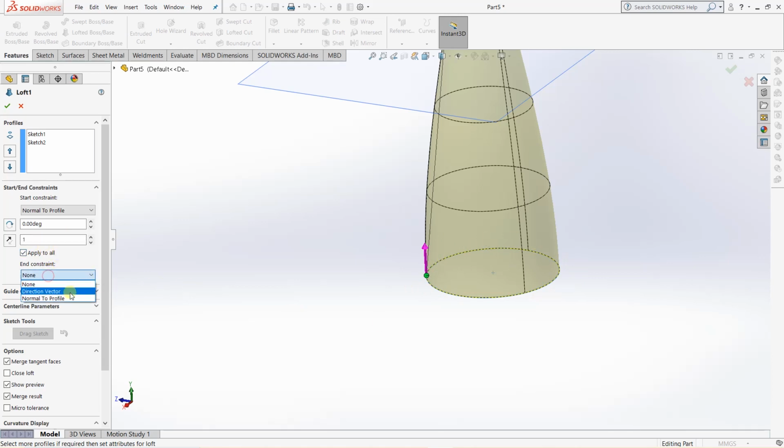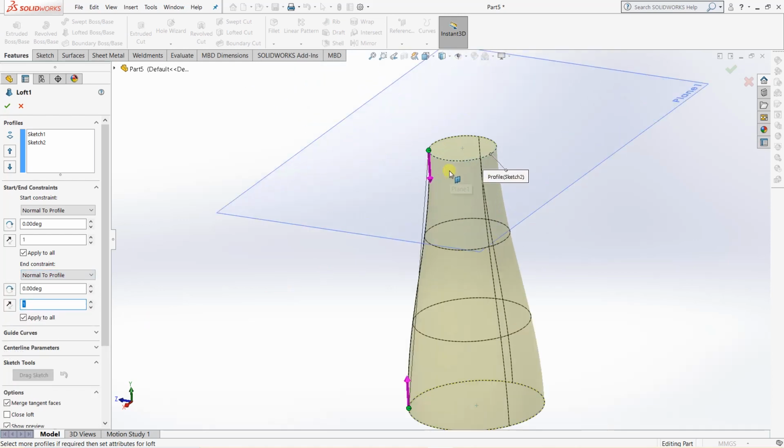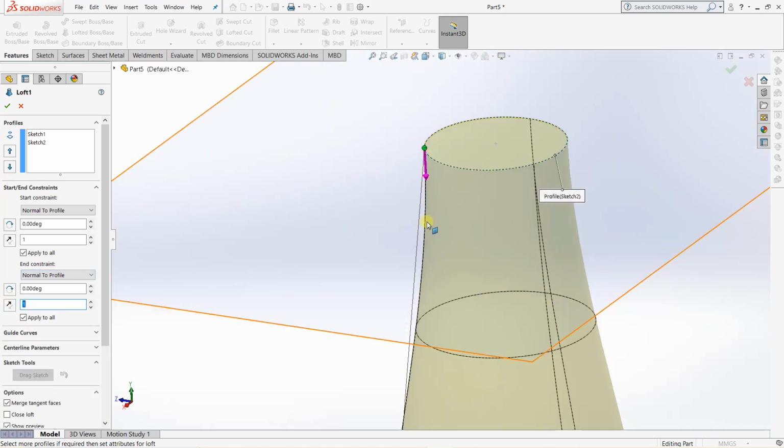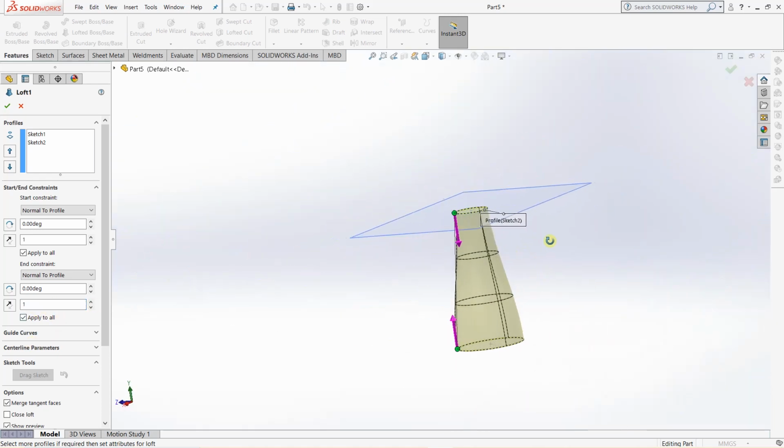We will select normal to profile for the end constraint also. Now you can see that the shape is perfectly perpendicular to the end towards sketch 2. So this is the working of normal to profile.